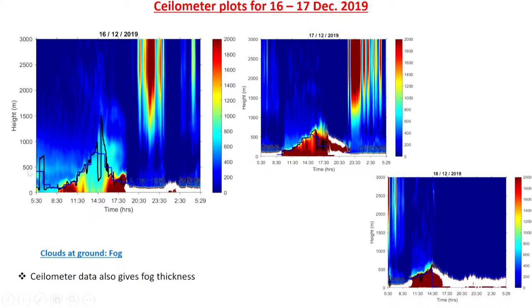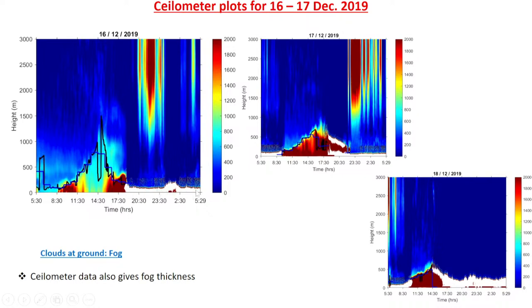In this graph, the y-axis is altitude and the x-axis is time. If I have very high backscattering at or near the surface, then I will say there is a cloud at the surface, and we know that fog is nothing but a cloud sitting on the ground. If you see here, we are getting these white patches. The white patches mean very high backscattering. The time is in hours, and this starts from around 7 p.m. Very high backscattering is there, and we also witnessed the same.